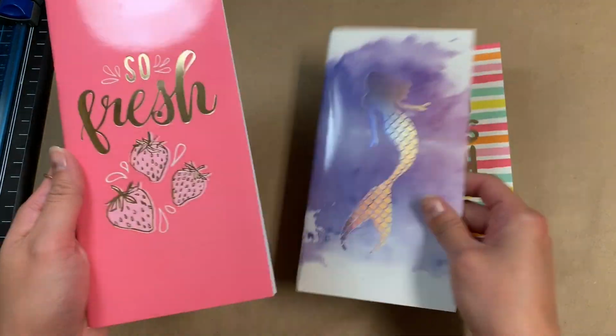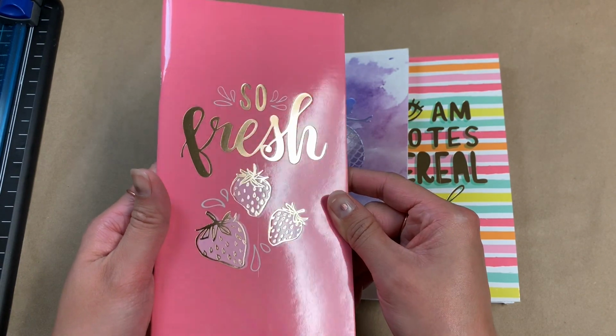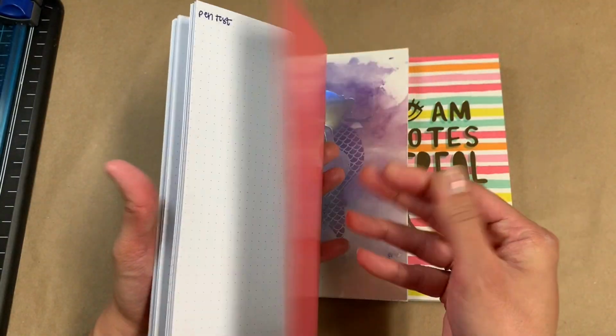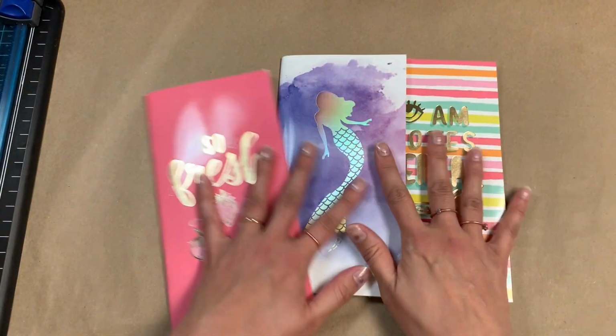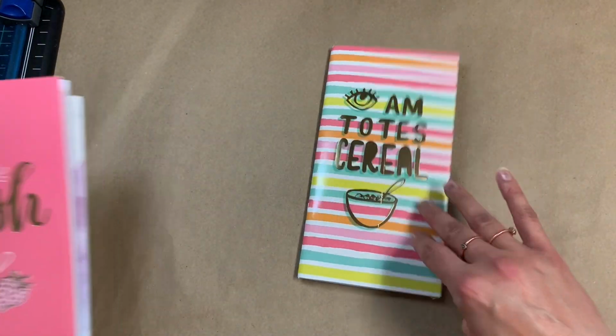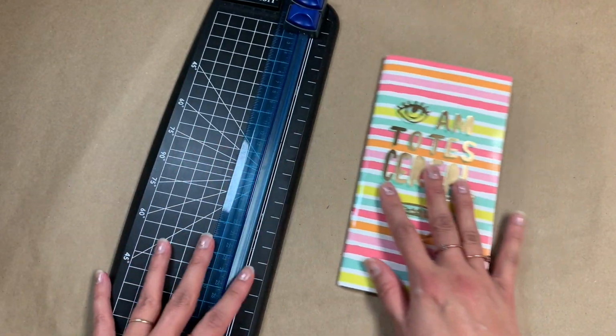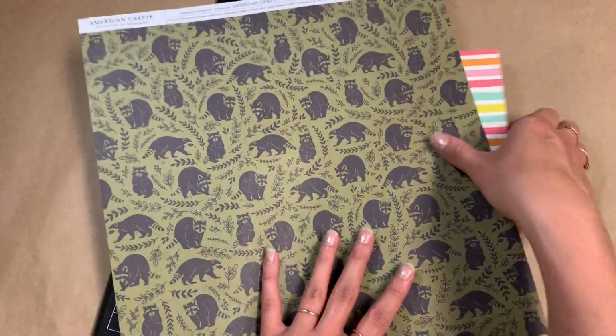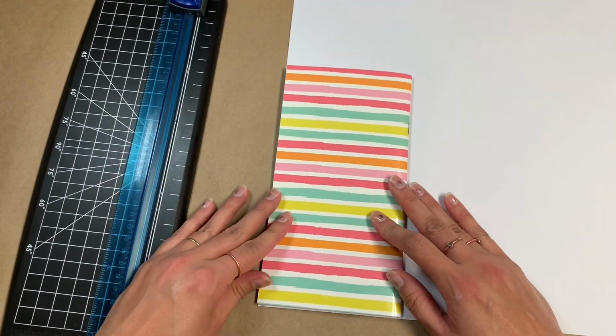I am going to be covering these 3 inserts. They're from Michaels and they do come in a 3-pack, and I have a dot grid here, but I believe if you get the 3-pack, you get varying paper types. So you get a dot grid, a lined, and a blank, I think, but all of mine are dot grid because Robin had a few packs of these and she just gave me all the dot grids because she knows